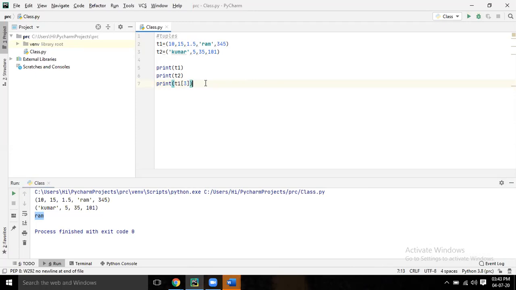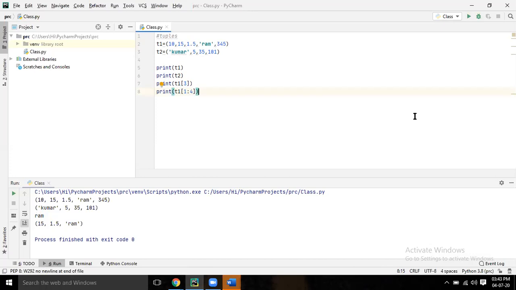Now enter print t1 of 1 colon 4. Like that, you can do all the slicing concept here. Try to practice.